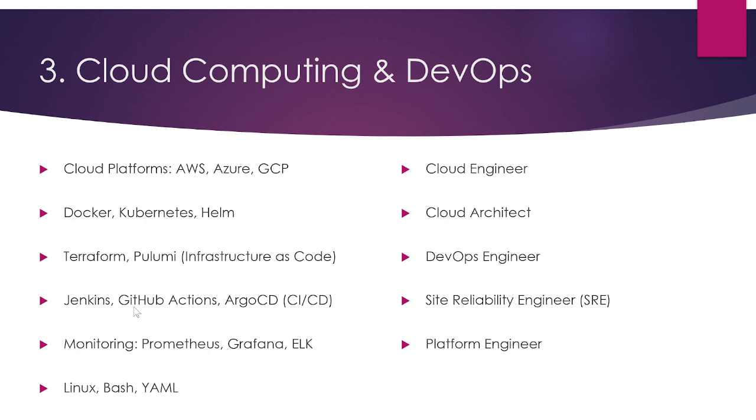So you can go ahead and learn these things. Then we have Terraform, Pulumi. These are infrastructure as code. When you want to host your application in the cloud, you don't want to create all the configuration manually, so you have to write code. That's why it is called infrastructure as code. You write code, which is kind of YAML or JSON based, and you run that code as part of the pipeline so the infrastructure gets provisioned on the cloud platforms.